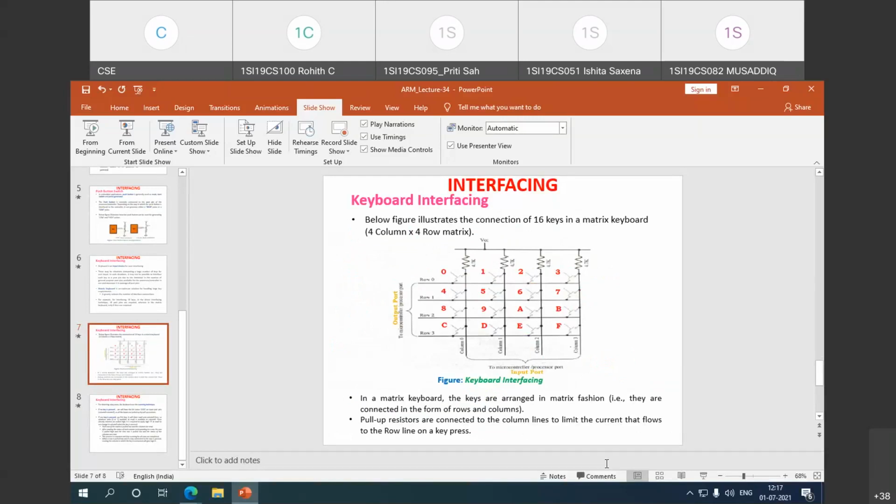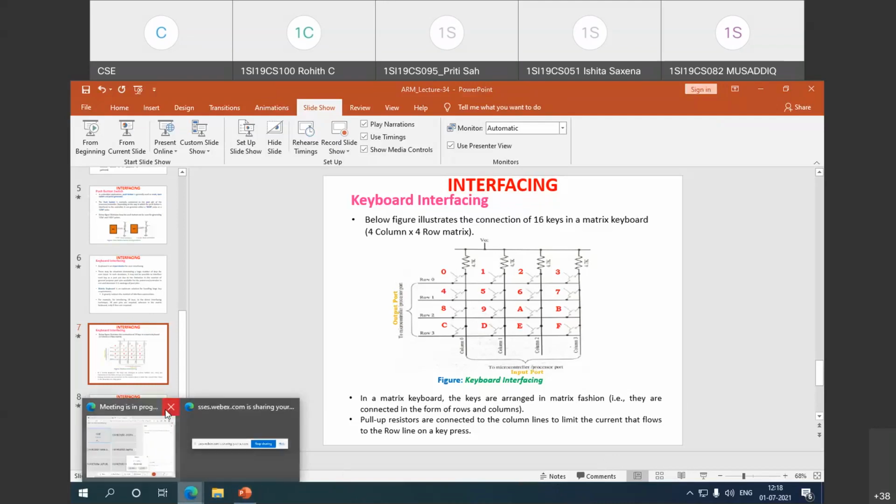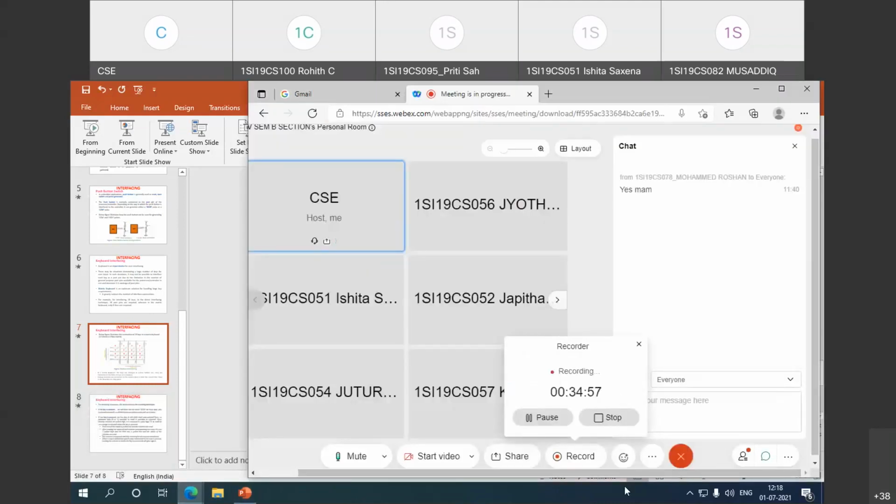In addition to these interfacing components, we started with the LPC2148 microcontroller registers that are used for GPIO functionality. The important registers we have discussed, and how we can configure those registers for the port functioning as GPIO ports. So these are the topics we have in Unit 5, and this completes Unit 5. Hope all of you have followed.